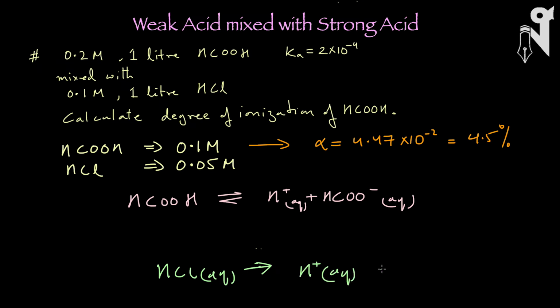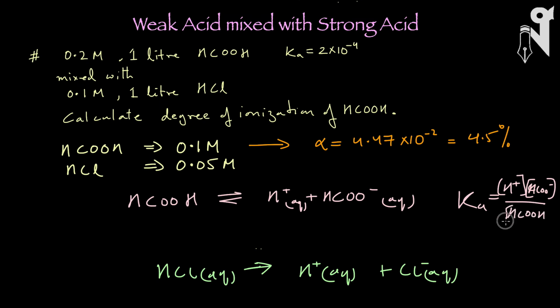So if there is H plus coming from HCl, then this H plus over here will increase, and we know that the Ka value is a constant, that is concentration of H plus, no matter what is the source, into concentration of HCOO minus divided by concentration of HCOOH. So here H plus has been increased by putting HCl. So there is a common ion effect of H plus, and hence the equilibrium is going to shift backwards, and if the equilibrium shifts backwards, then your dissociation is less.